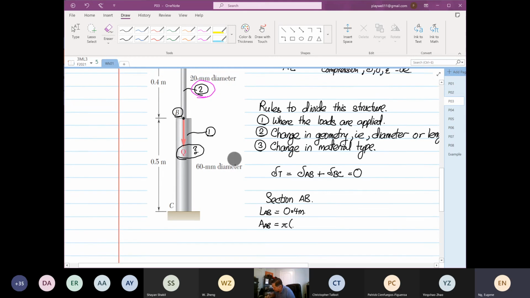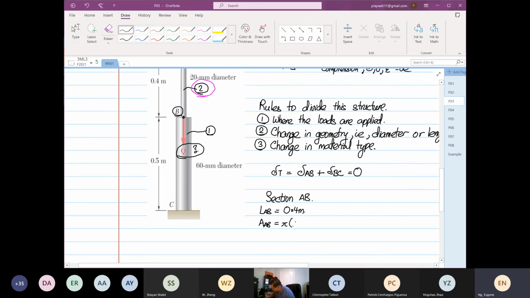What is given to us is diameter, so we change to radius, so it's 0.01 squared. Calculate everything in meters. So 0.01 squared times pi is equal to 314.159. Now, whatever we do in terms of geometry, we leave to 3 decimal places. I repeat again, anything in geometry, you